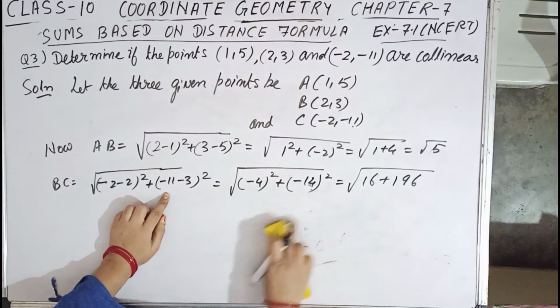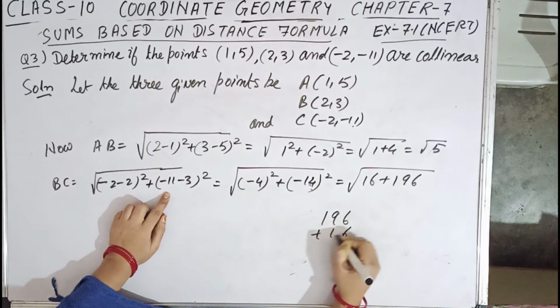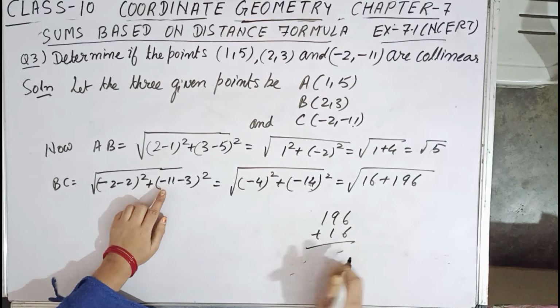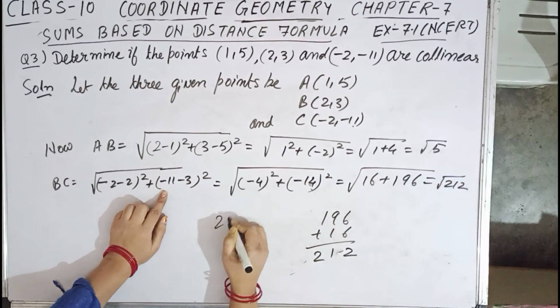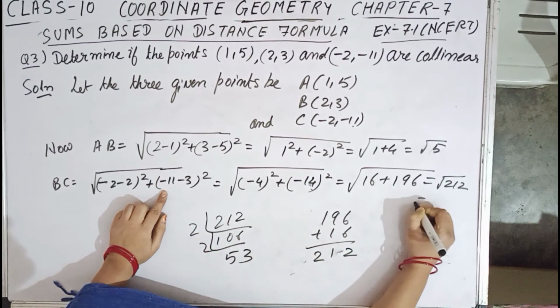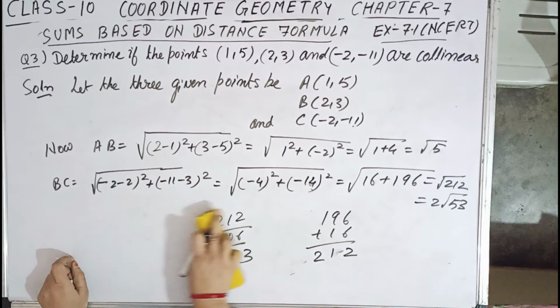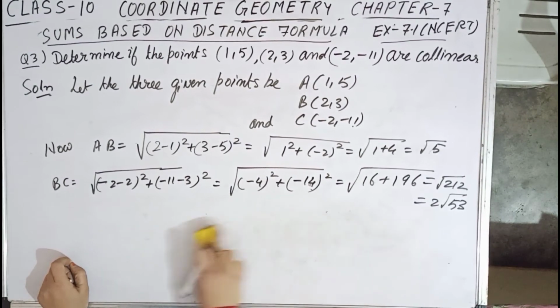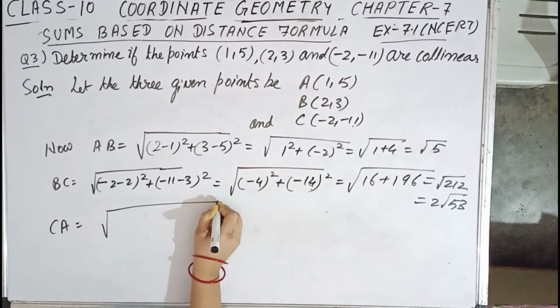So 196 plus 16 will be 212. Under root 212. Now let us take out the pair. This will be equals to 2 root 53. So AB, BC, then CA. CA equals to